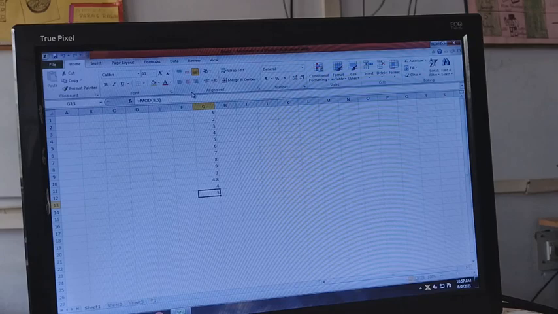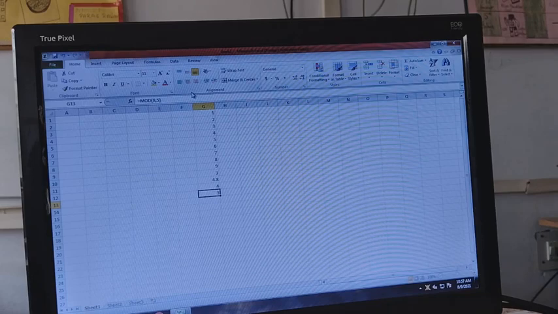For using functions, we don't require to write the formula again and again. They are already built in, so we can directly use the function and get the result. Functions are already built-in formulas. We can write the function and we can get the result. Or suppose we have max and min, and let's use them today.